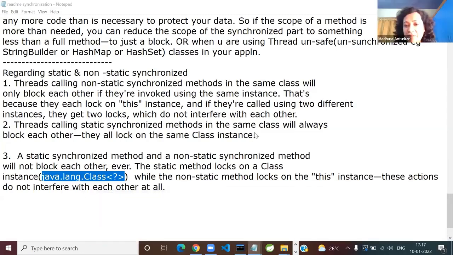The answer to that earlier question was they will not block each other, because a thread has to acquire the lock only for calling a synchronized method. So one is static synchronized, fine, but the other one was static unsynchronized, so they wouldn't. And then there are 10 different combinations I can discuss over time.